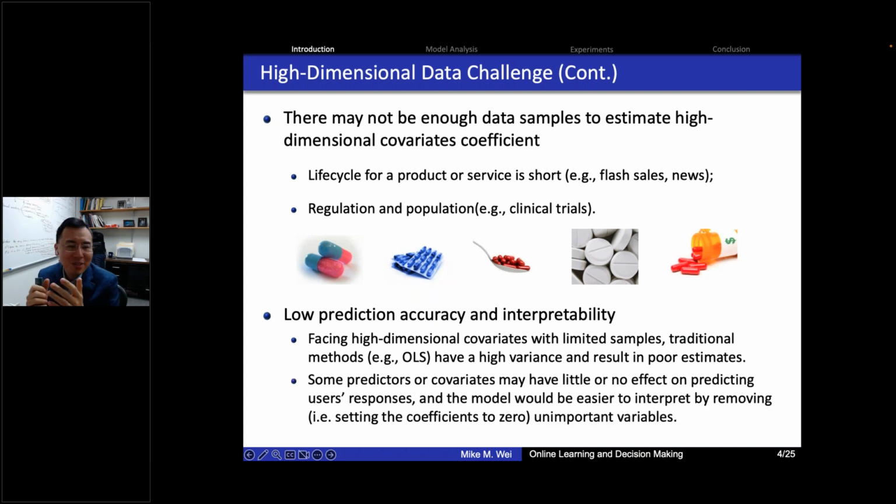Another problem in business settings is the interpretability issue. We always try to tell the managers what is behind this observation and how we're going to improve our decisions. Therefore, one way we can do is include all the possible high-dimensional covariates in the model to predict the user's click-through rate. But not all the covariates will have the same impact on users' click-through rate or influence